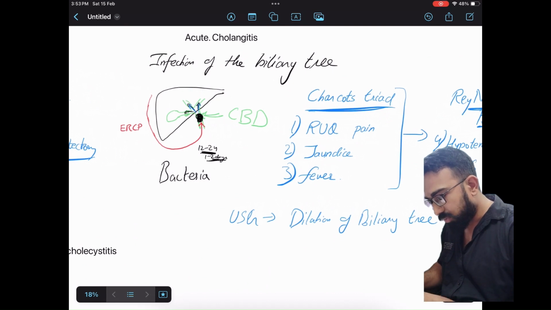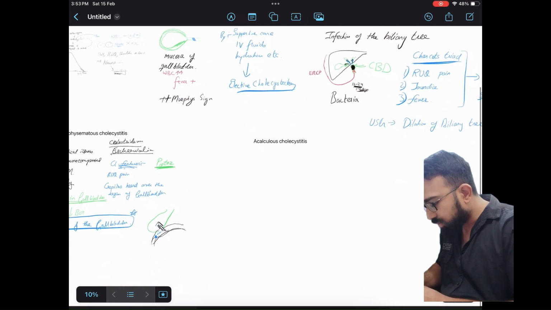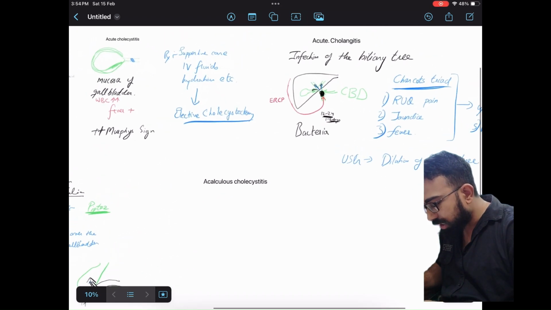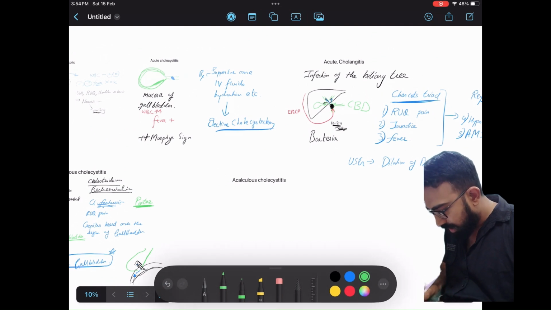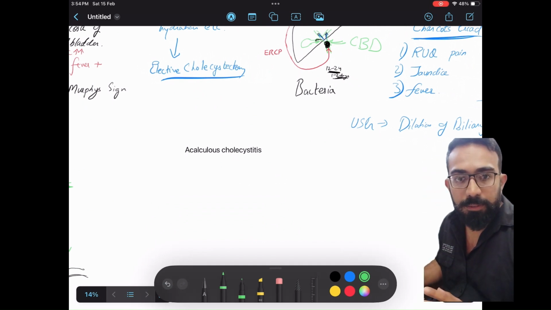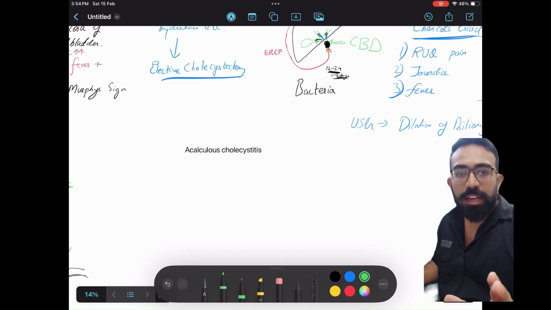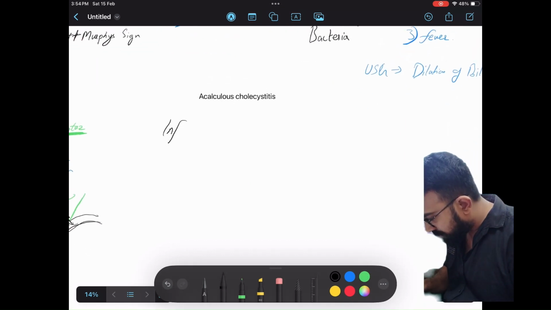Acute cholangitis was also because of a gallstone. Biliary colic is also because of gallstone. But the next condition that we are discussing is almost similar to all these conditions, but there is no gallstone. Without any gallstone, there is inflammation